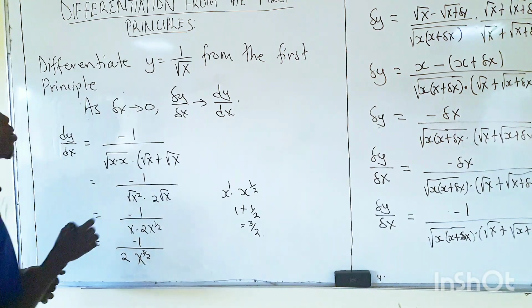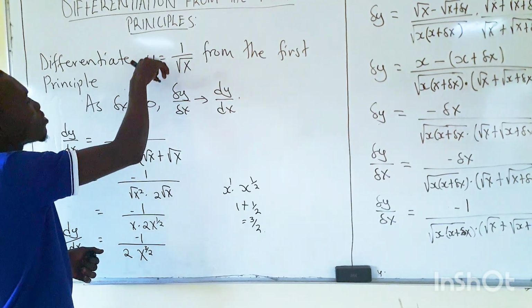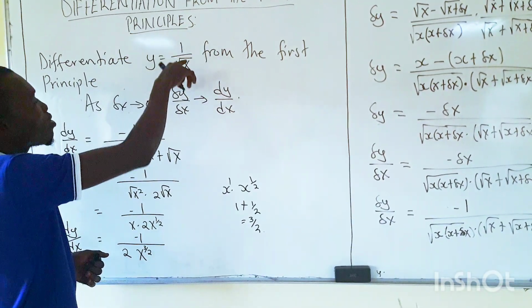So it means our derivative of y is equals to 1 over root x